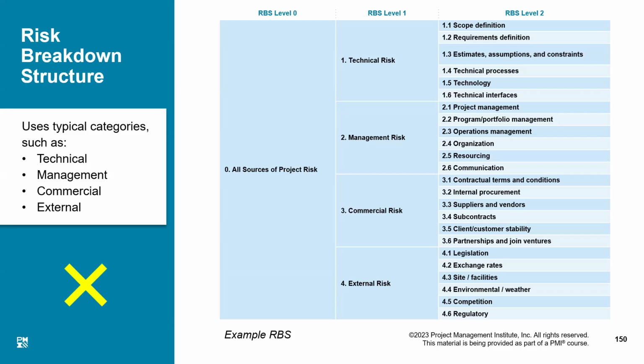Imagine if you start exploring each one of these 24 classifications, you may be able to identify at least 10 risks in each category. So 24 multiplied by 10 comes out to be 240 risks. So this is a very convenient exercise by which we can identify a large number of risks by breaking it down into various risk breakdown structure levels, categories and subcategories. So this chart shows our risk breakdown structure.